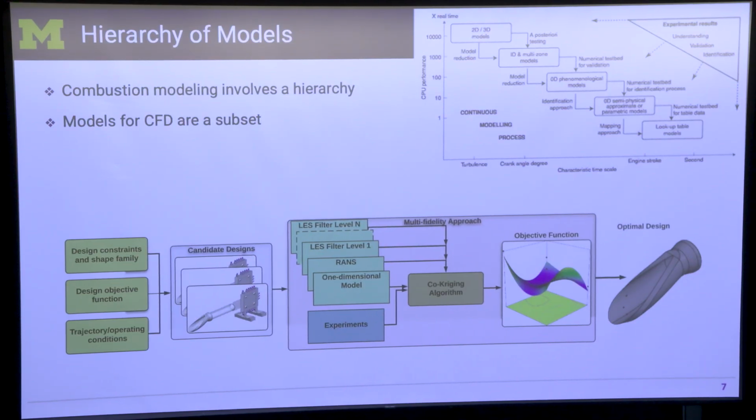So we'll come back to this notion again. But you have a whole set of models, from really complex models to just empirical relations, maybe one-dimensional models, and so on. And we also have methods to combine them, what is called the multi-fidelity modeling hierarchy. So these are mathematical tools that have come from many different fields, and we can utilize them. So you don't need to rely only on large eddy simulation or only on experiments to do something. We know how to effectively combine them. Yeah, so that's the additional benefit that we have.